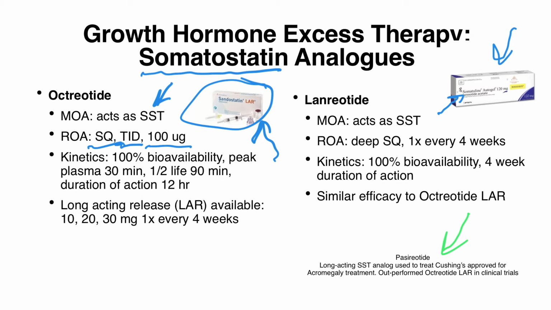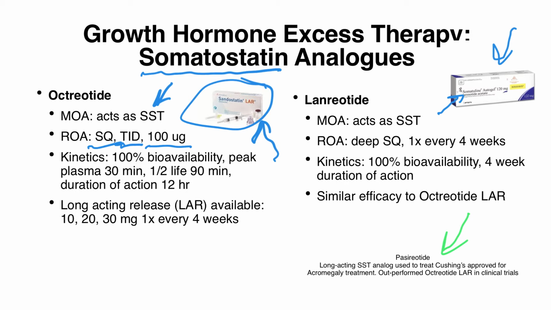If it's a thyroid cell, it does thyroid stuff. If it's a lactotrophic cell, it does prolactin things. Well, they kind of look similar and they can bind other things. It turns out Pasireotide is not best at dealing with growth hormone excess. It's actually best at dealing with cortisol excess, which means that it is used in Cushing's disease, where you have